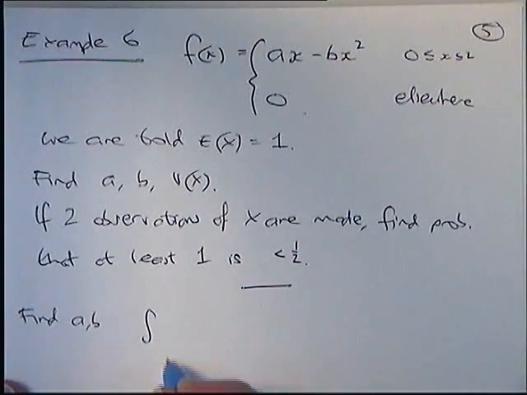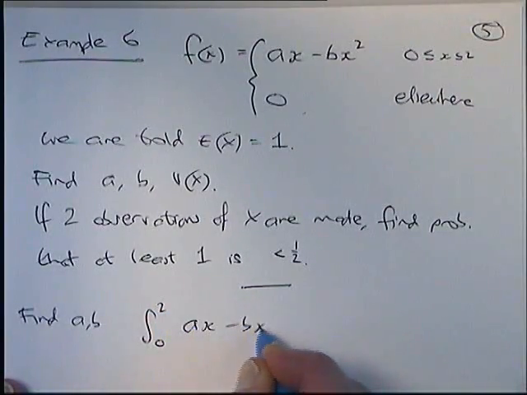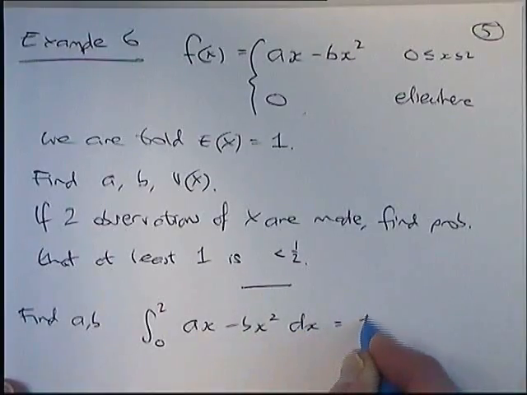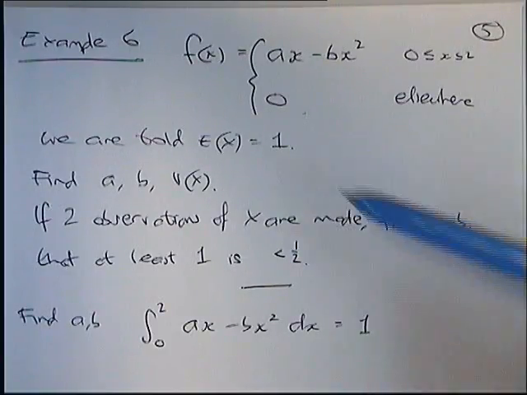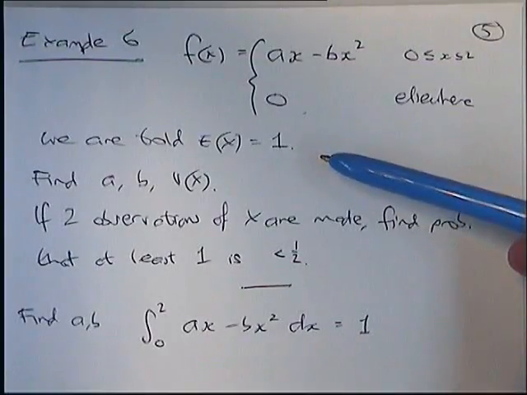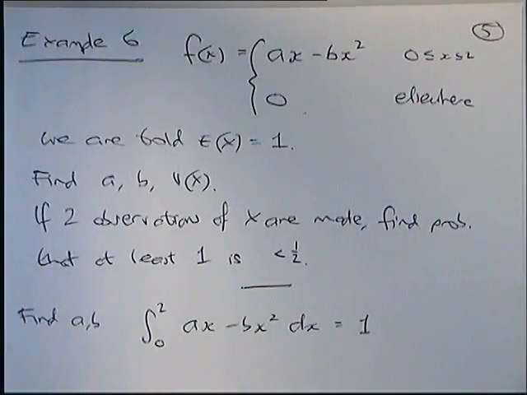Let's say the integral between 0 and 2 of our function will equal 1. Let's start off with that and see what happens. You should end up with an equation with both a and b in it. Then what you need to do is use the information about the expectation of x equals 1, work out what the expectation of x is, put that equal to 1, you should get another equation with an a and a b in it. So you end up with 2 equations, so you end up with a pair of simultaneous equations,